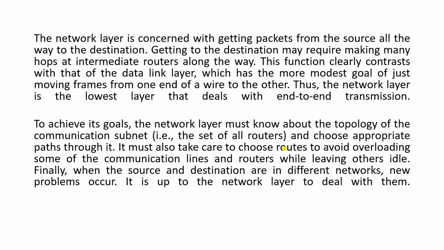So the data is processed and transmitted using the data link layer below the network layer. The responsibility for guaranteeing proper delivery of the packets lies with the transport layer, which uses network layer services, because all the layers are connected through interfaces in the OSI model. So the basic purpose of the network layer is to provide an end-to-end communication capability, in contrast to the machine-to-machine communication provided by the data link layer.